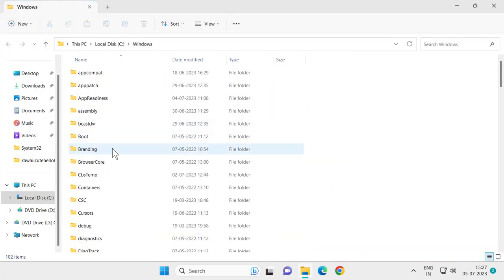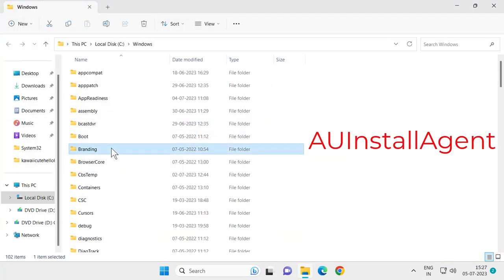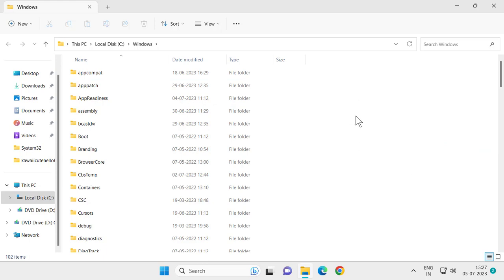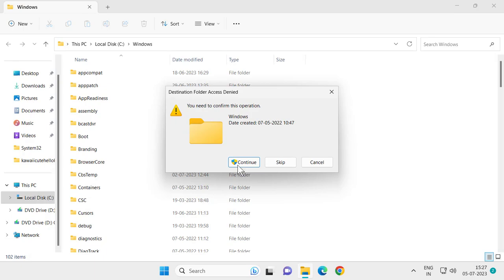If you find anything named AUInstallAgent, you just want to delete it guys. If you can't find it, you just want to create it. For that, right click on the blank area, select New, select Folder, select Continue,